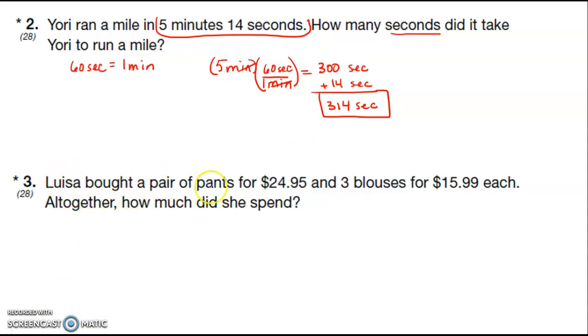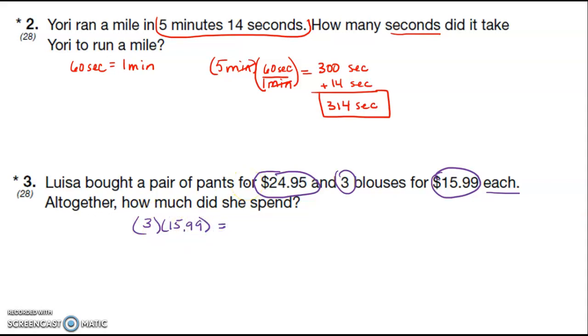Okay. Louisa bought a pair of pants for $24.95 and 3 blouses for $15.99 each. Altogether, how much did she spend? So this is a 2-step problem. The first thing I'm going to do is multiply 3 times $5.99 to see how much she